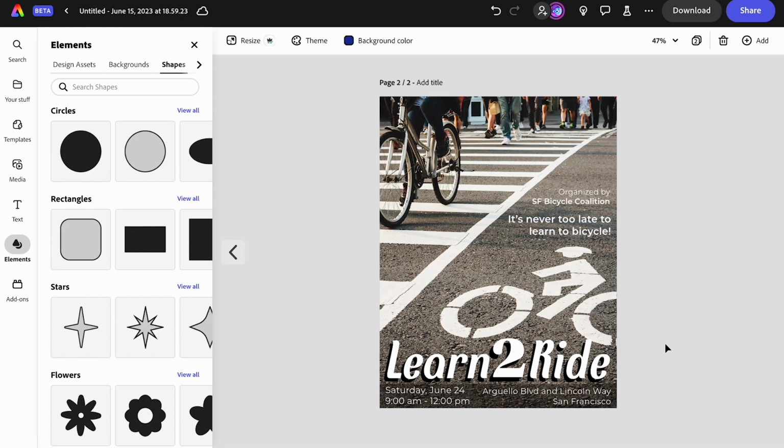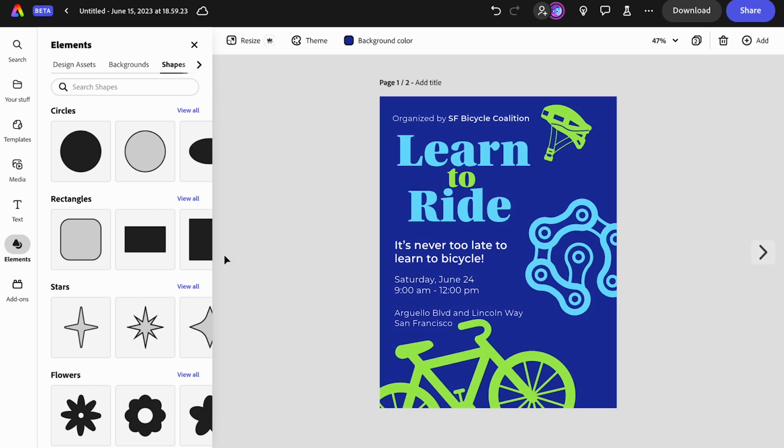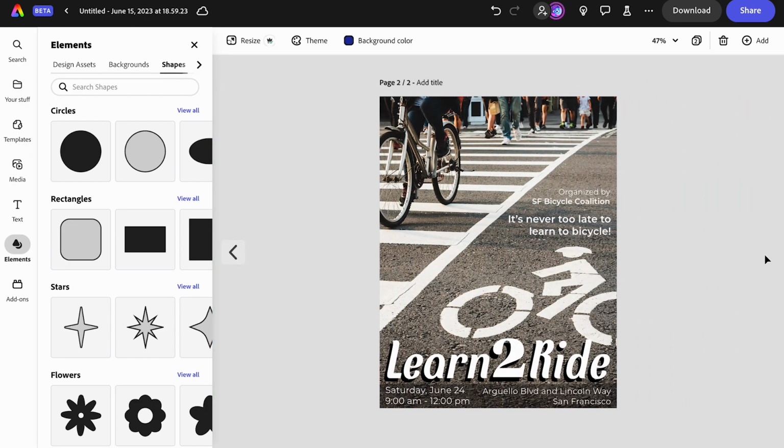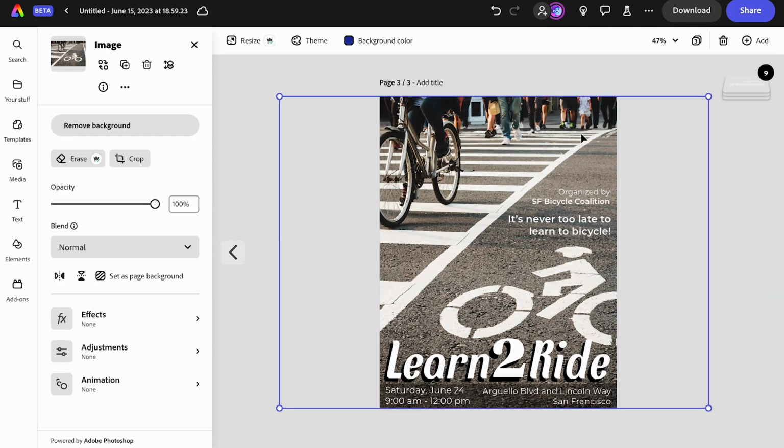And now maybe I'm like, great, I've got two very different flyers happening, and suddenly my client or my club or whoever I'm doing this for comes back to me and says, no, we need one for kids too. Right? This is all nice, but we're going to have another Learn to Ride event just for kids, so no problem. Let's duplicate the page, and I'm going to pick the picture, and I'm going to replace it. So I want to go over to Image, hit Replace,